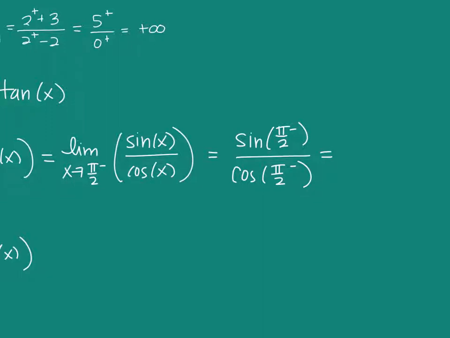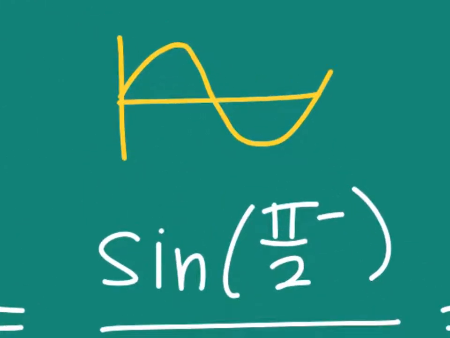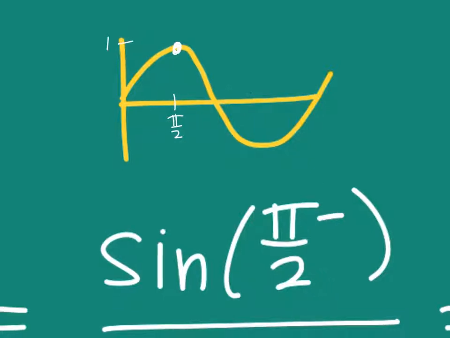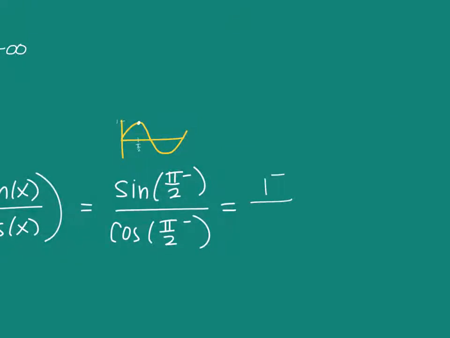And so we need to think about, you could either do that on a unit circle if you want to approach that way, or you can do it by how you know the graphs to be. Okay, for sine, I know the sine graph looks like this. And I know where pi halves is on that sine graph. I know that pi halves is right here. If I'm approaching that point from the left-hand side, I'm approaching this little maximum peak. So I'm getting close to 1, but what side of 1 am I on? Okay, am I more than 1 or less than 1? Okay, I'm at 1 minus. So I know this value is going to be 1 minus.